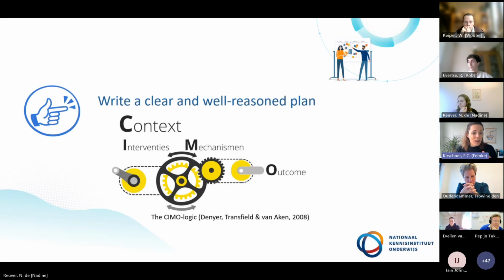So it's a nice, handy way to see whether your plan, your application, is coherent, but it's also a way to review, of course, the other applications. Does this person have a coherent plan in which it's clear why a specific intervention leads to specific outcomes? And if you don't, then that's not the whole story when it comes to a clear and well-reasoned plan,